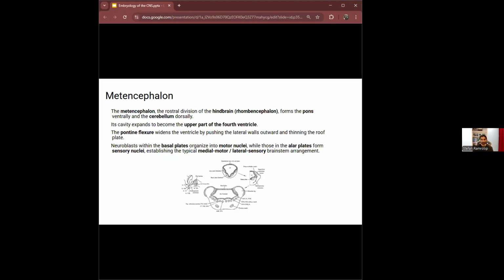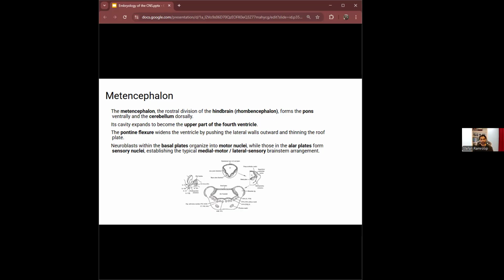The metencephalon represents the rostral portion of the hindbrain, or the rhombencephalon, and it gives rise to two major structures, the pons ventrally and the cerebellum dorsally. The central cavity within this region expands to form the upper part of the fourth ventricle. The development of the pontine flexure plays a key role here. It widens the ventricle by pushing the lateral wall outward and thinning the roof plate, giving the fourth ventricle its